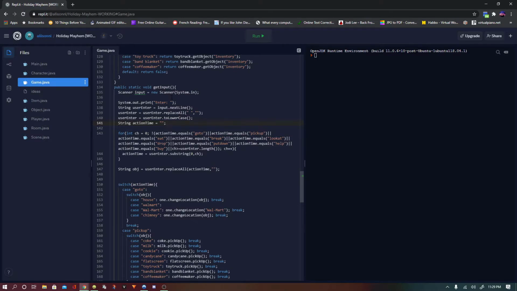So some of the things that you can do are go to, pick up, eat, break, look at, drop, or put down. I put two different ways of saying that one, and help or buy. But I never actually put in the money system. So far you just have to steal everything and then go back. You can't even buy anything. You're supposed to have like $700, and one of the things in the game is you can either buy yourself something or you can buy all of your family something for $700. So you have to make a decision: are you gonna get what you want, or are you gonna get your family stuff? So that's an option.